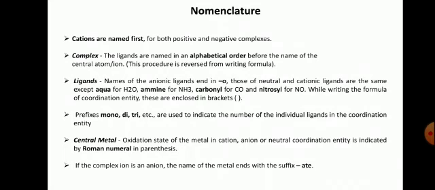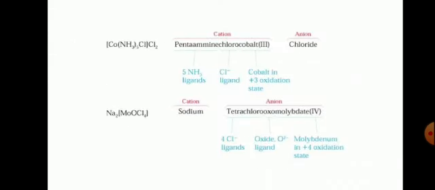So the first rule of naming a coordination complex is that you're supposed to name the cation first. If the cation is the complex, you're supposed to name the complex first, and if the cation is the other ion, that is the ion present in the ionization sphere, you're supposed to name that first. For example, in the first example, there are two chlorides in the ionization sphere. That means the complex is a positive one. So here you will be naming the complex first and then you will be writing chloride.